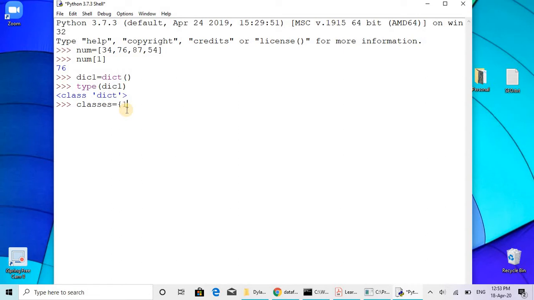One way is to give 1 colon, and corresponding to 1 we give some value. This is the index and this will be the value. We can give 2 and the corresponding value, and continue like that. But the index can be numbers or any other strings also.